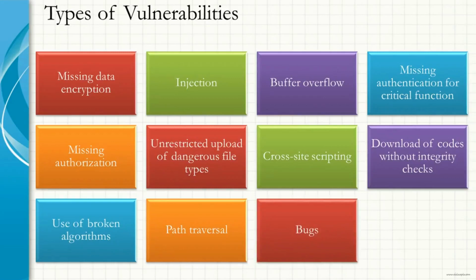Bugs. A software bug is an error, flaw, or fault in a program that causes it to produce an incorrect or unexpected result. This could be caused by programming errors. The bug could be the result of different causes such as human factors, lack of version control, last minute changes, improper testing, etc.